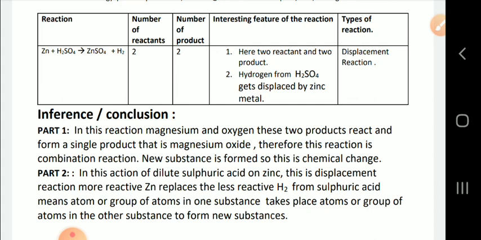Then, when two or more simpler substances are formed from a single compound, the reaction is said to be a decomposition reaction. So this experiment is over here. Till the inference or conclusion you have to write in your experiment, and whatever the multiple choice questions are there, you have to find those yourself, children, and complete this experiment number 2.